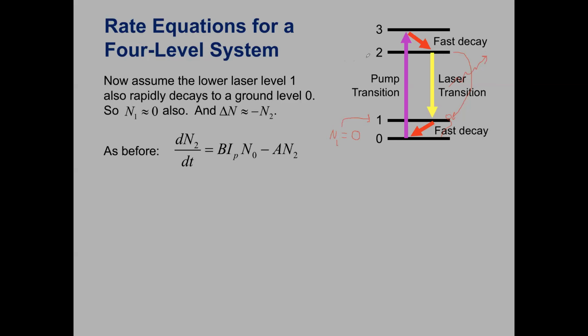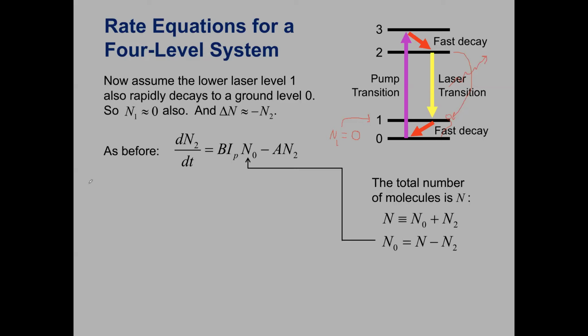So if you can get a 4-level system like this, set up with these properties of the decay rates between the different states, not only is lasing possible, but it's actually, relatively speaking to the other cases, particularly easy, because you always have population inversion. So since N1 is always 0,